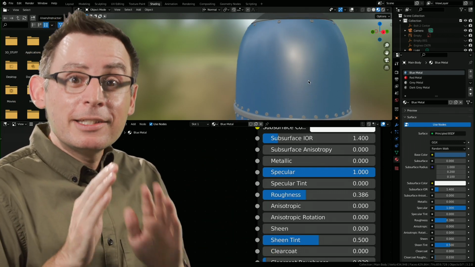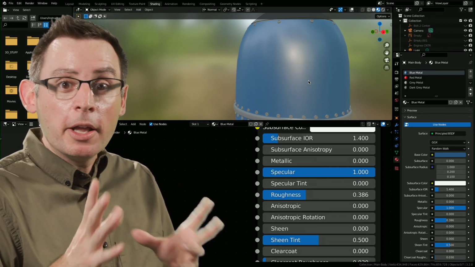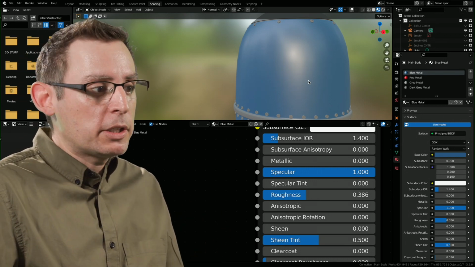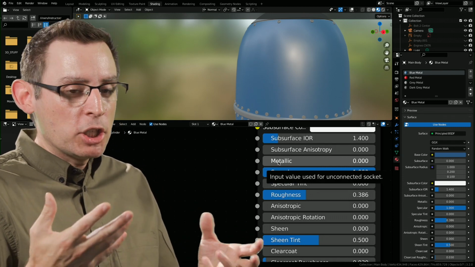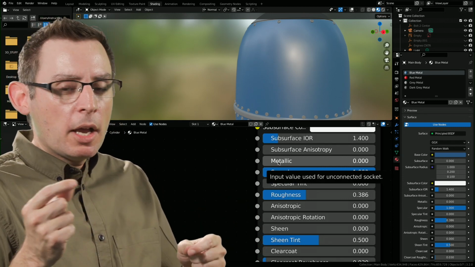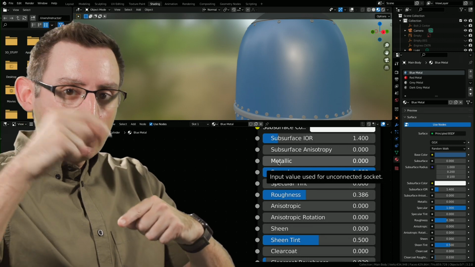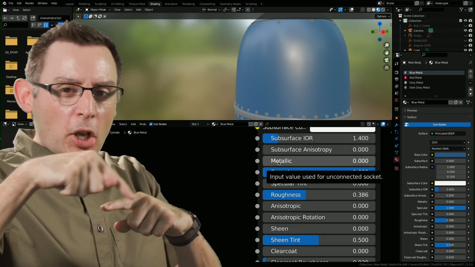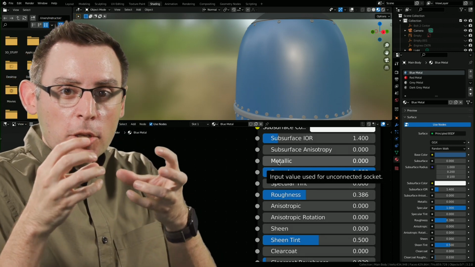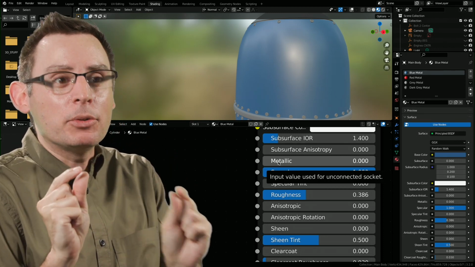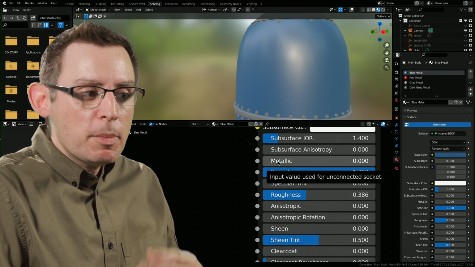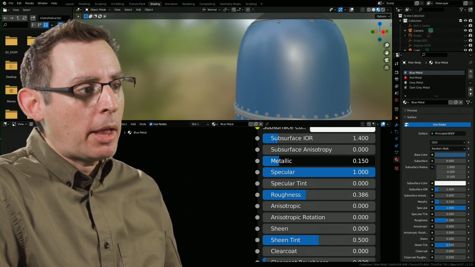Again, working with my retro rocket, we're going to try to make this look much more metallic. The roughness alone is not enough. We have to add a little bit of this metallic value in here to start establishing the conservation of energy. If you think about metallic objects, the light is going to reflect off them very quickly, but it's also going to hang around on the surface and be absorbed back into the metal just for like a nanosecond, right? We want to start to simulate that by increasing our metallic values.